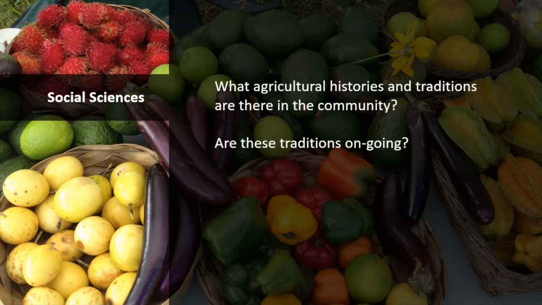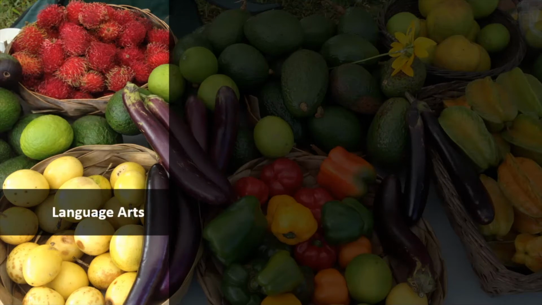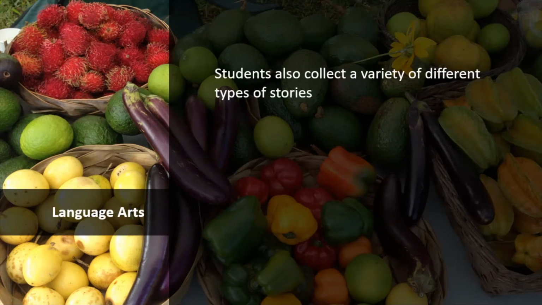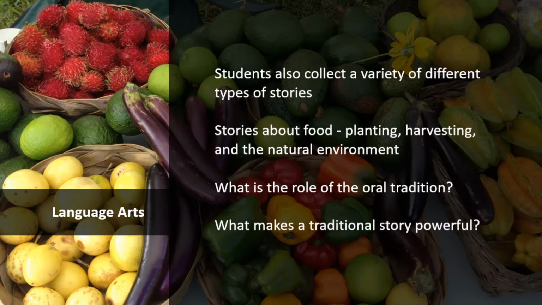Students ask, are these traditions ongoing? If not, what happened? What is the status today? In collecting these stories, students also collect a variety of different types of stories about food in their community, including, for example, planting, harvesting, and the natural environment. They consider the role of the oral tradition in their community. Students work together to discover what makes a traditional story they hear effective in carrying its message. Is it funny, scary, or sad? Then they develop their own stories about plants based on what they've heard and their understanding of what makes a